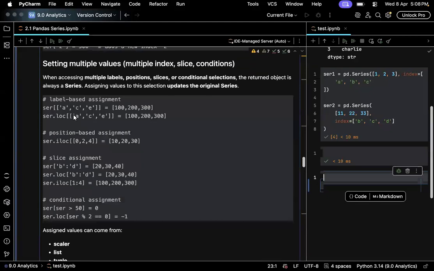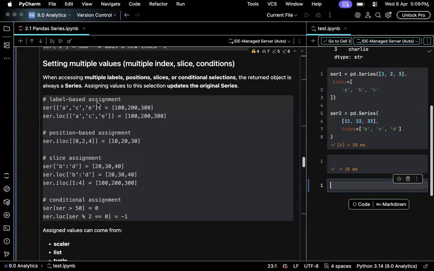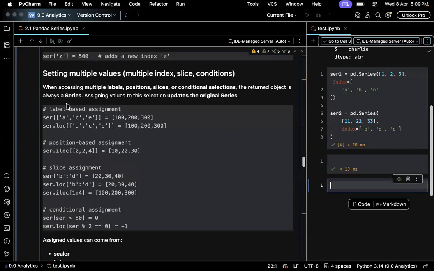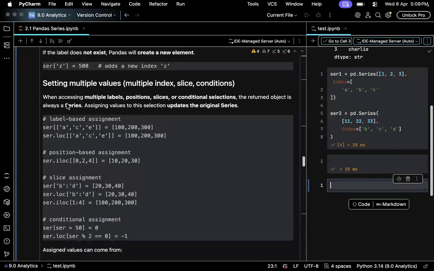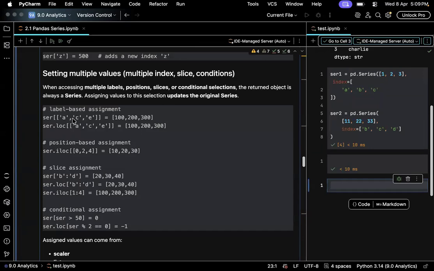Today we will cover attributes, methods, and operations on a series. In yesterday's class, I missed just one more thing. We have covered accessing single element and multiple elements from a series using index and position, but we haven't covered